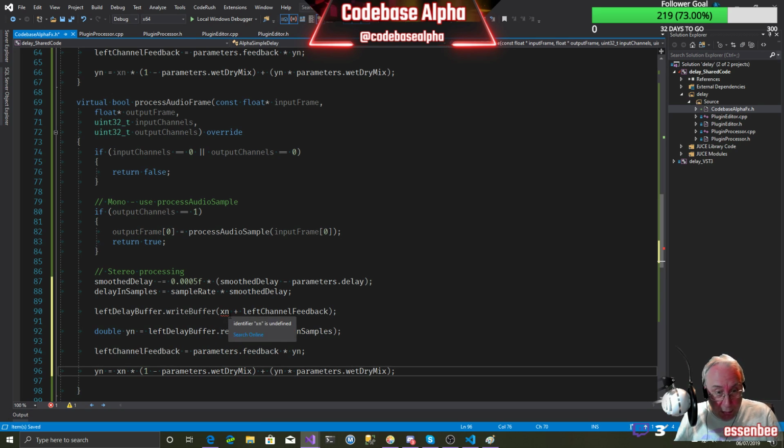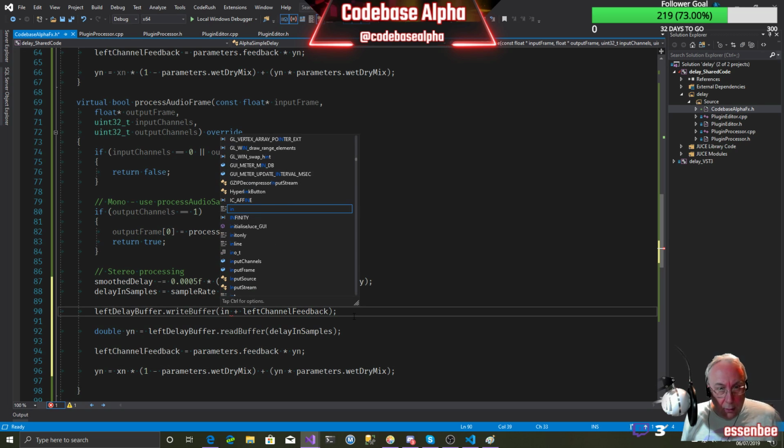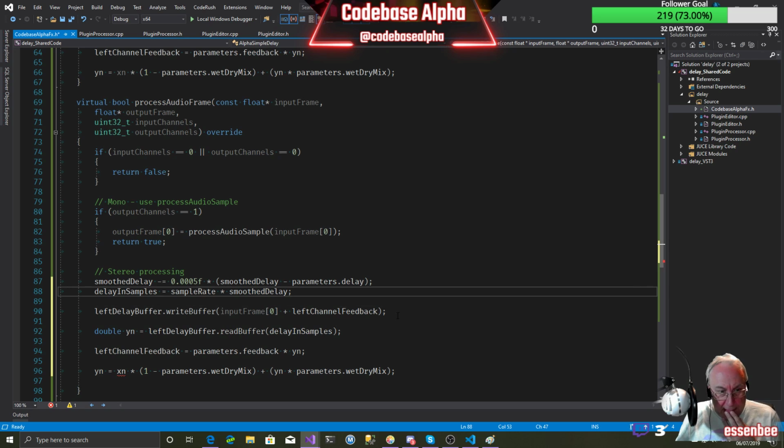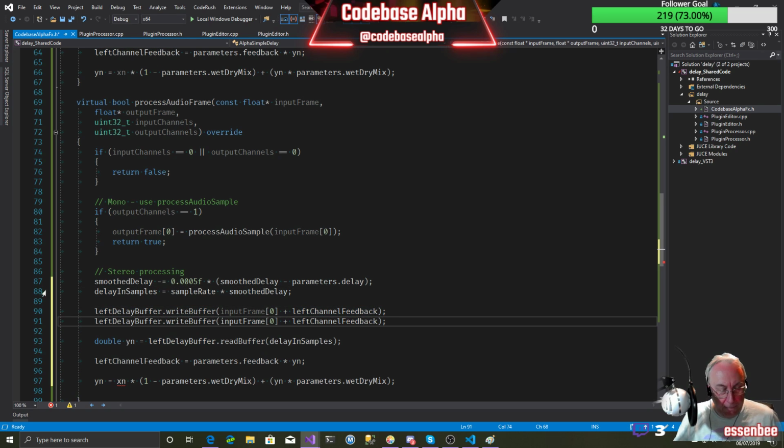So the left delay buffer is we're going to write into there the input buffer, input frame 0, and then we're going to say the right delay buffer is going to be taking the right hand channel, which is input frame with an index of 1, multiply by the right feedback,